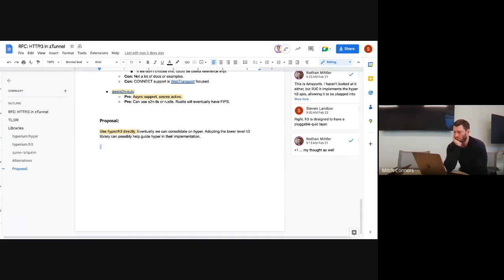We just internally abstract things so that we can use their lower-level library and get H3 support sooner, and provide them feedback on how they can put this into their main higher-level library. The main question I have for everybody is: are we against bringing in H3 earlier at the cost of potential additional complexity, or do we want to wait for the Rust ecosystem and these other libraries to properly support things?